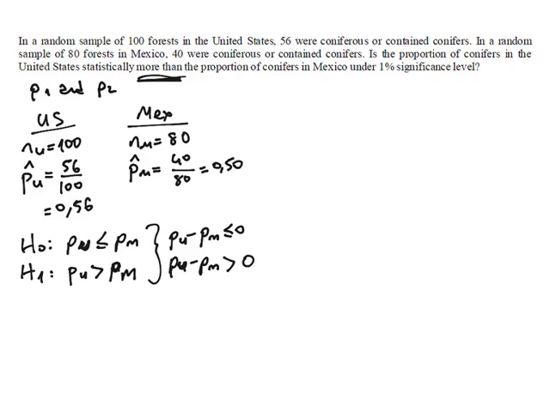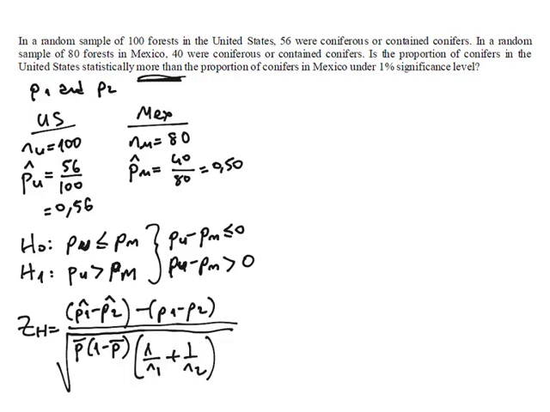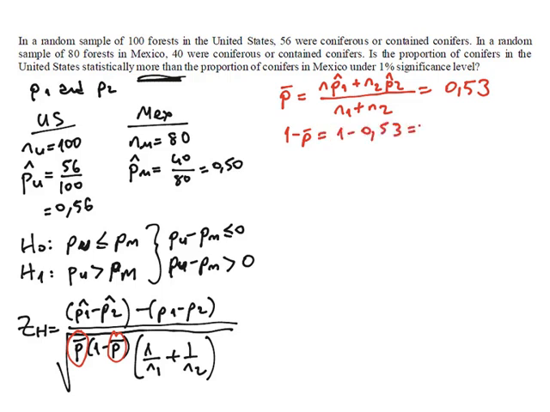Okay. So we have only one test statistic for this hypothesis, which is Z is equal to this. Okay, but in here we don't know what is P bar. It is not P hat, it is P bar. So we can find P bar with this formula. So it is actually the average of the proportions. So we can say that it is equal to this value. Okay, so 1 minus P bar is actually 1 minus this